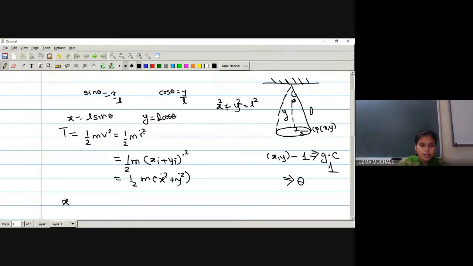So what is x dot? We should write down first. What is x dot? dx by dt. The dot is a notation for the derivative with respect to t. Now can anyone tell me what is the derivative of x with respect to t from this equation? X and y.